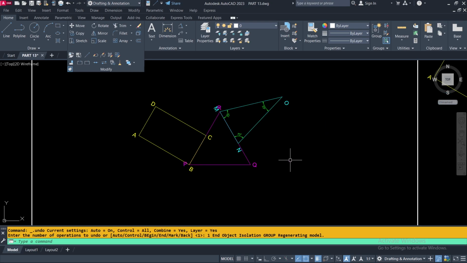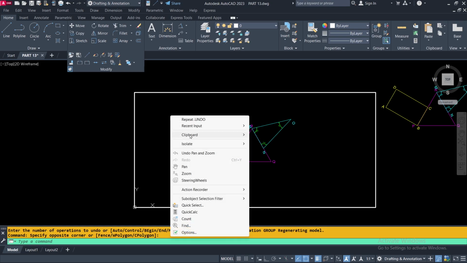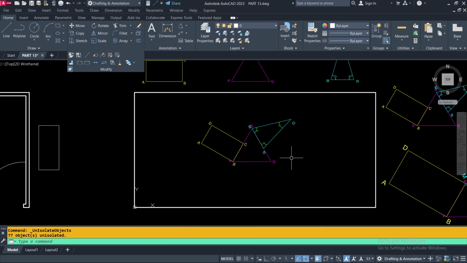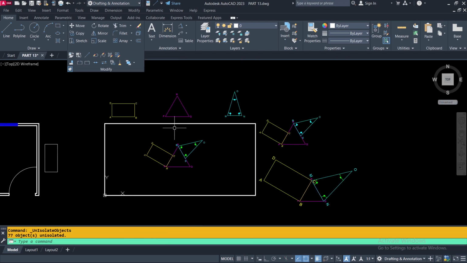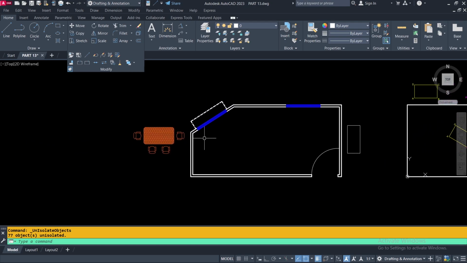Now again I am coming back to rotate tool. That's why I am going to make a right click, and the fourth option is isolate. Here we have taken hide option before, and now I want to unhide all those objects. So going to click on the end object isolation, clicking here, click. All the objects are now present here, and here I am going to show you one application of the align